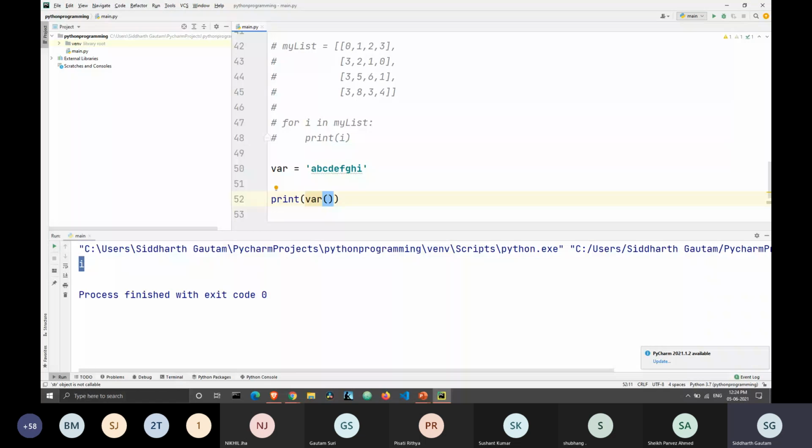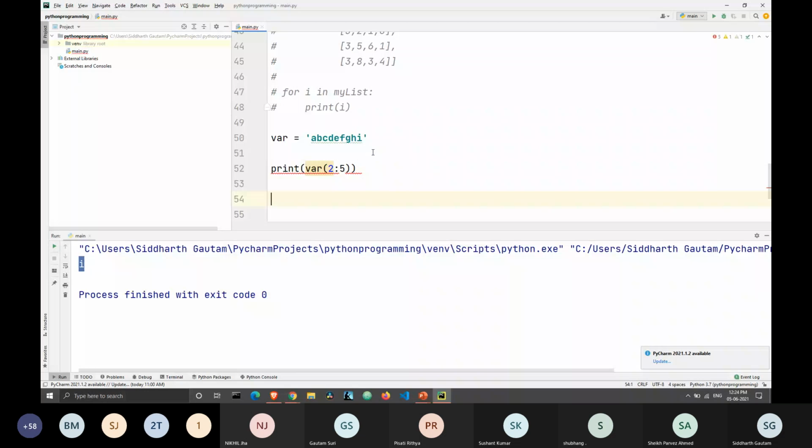Let's take a recap of what slicing is. First we have to type the starting element, colon, and then the ending element. Let's say our starting element is 2, and then colon, and then our ending element is 5. What do you think will get printed when I run this? Which of these elements of the string will get printed when I run this print statement?